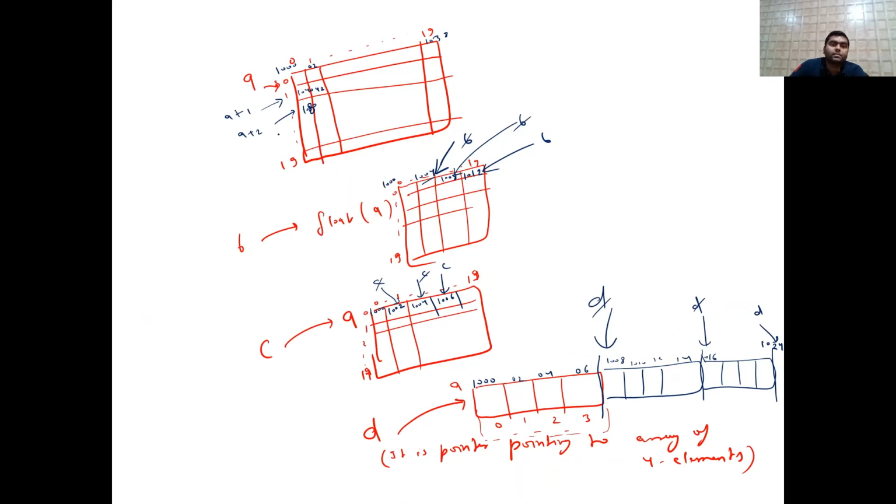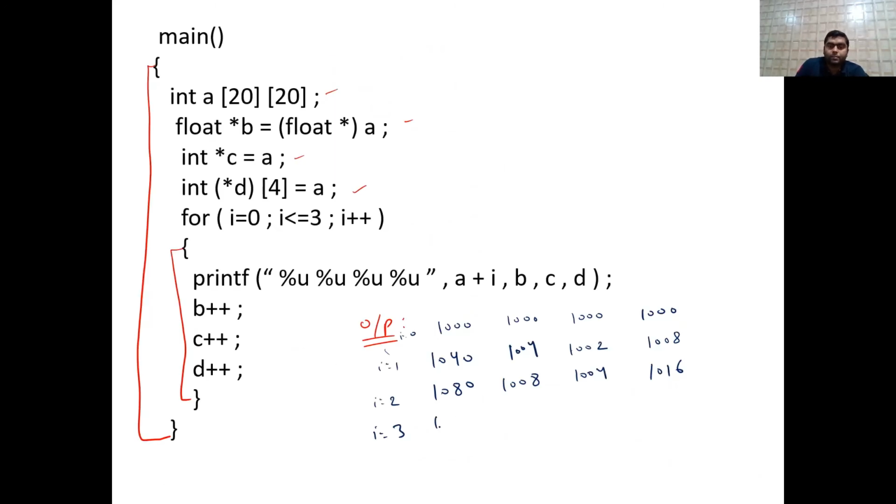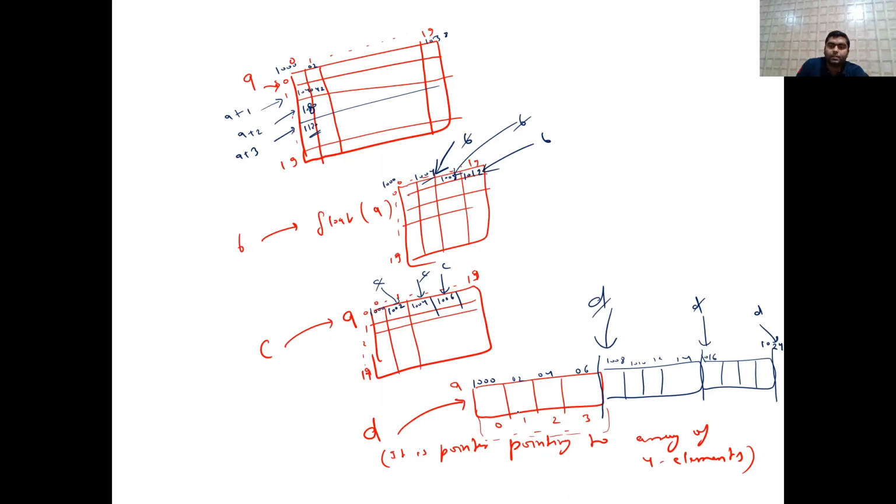So what is A plus 3? A plus 3 will be this. And what will happen in that case? So this is 1040, 80, and this is I think 1120. And 40 again it will increase. So in that case you will get 1000 and 1120. It is not 1040, will skip 1020, and B is where you will get B as